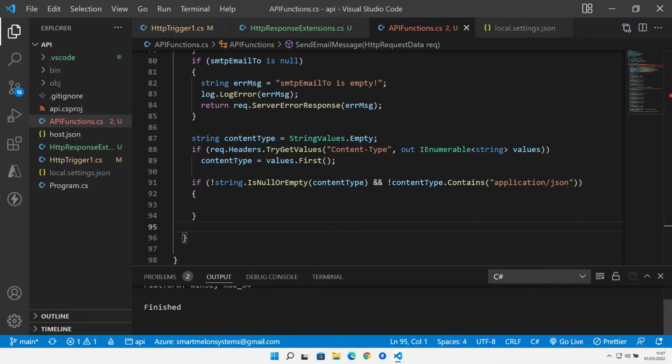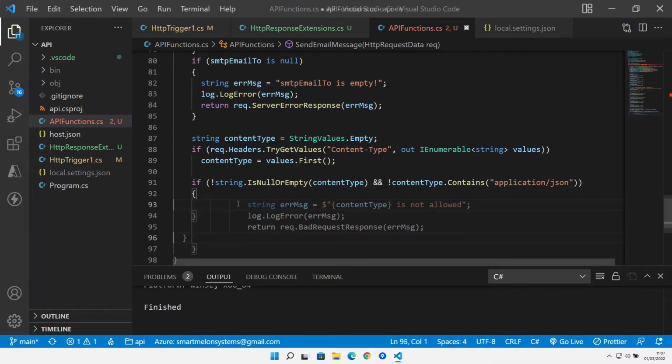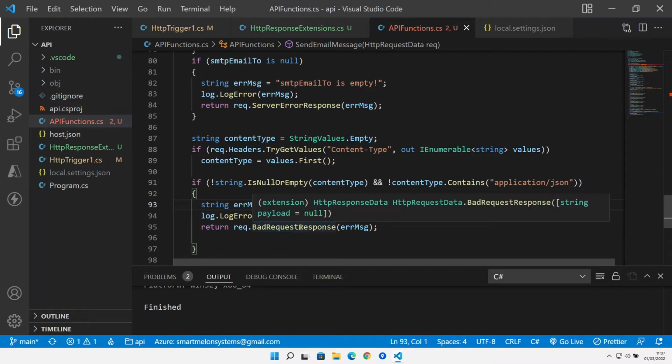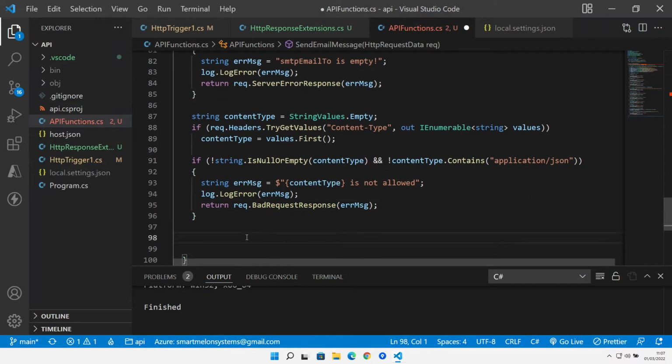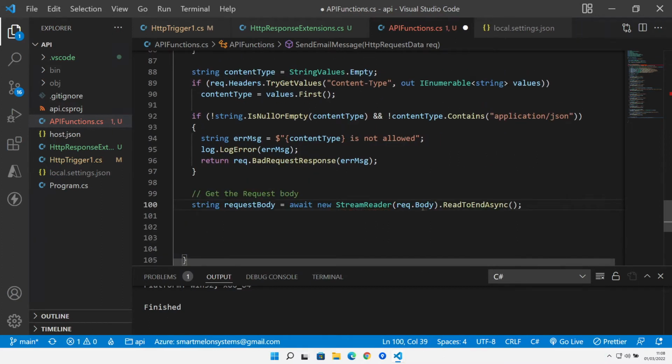So at that point we can also do something similar to what we've done above and create an error message to say that the content type that you've passed in is not allowed, and we'll return that bad request response. So we'll return an HTTP 400 in this case if we hit this error. So now we're mandating that we can only accept JSON into this API, and let's get the request body, read